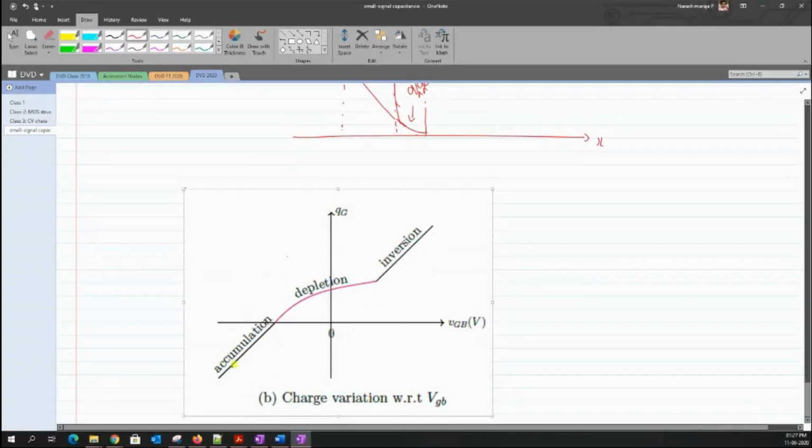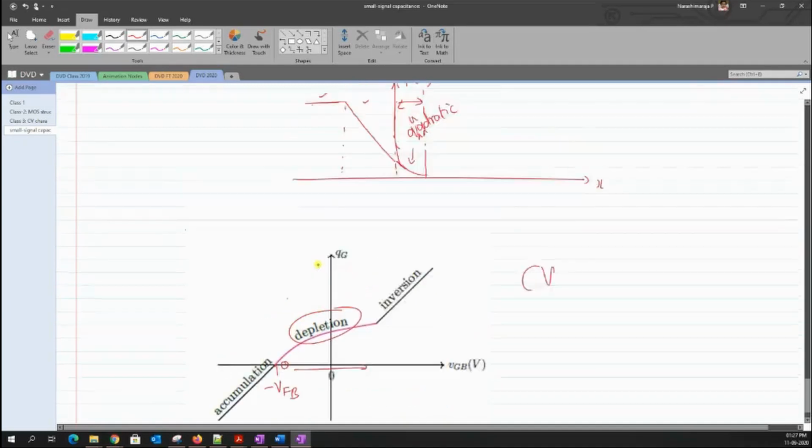Okay. So you could see that there is an accumulation, and the region that separates between these two segments is what is termed as minus VFB, okay, at which I don't have any charge because this is the y-axis of my charge, and this y-axis generally turns out to be a 0 value, okay. So in this case, I don't have any charge across the gate, okay. And after then, I'm entering into the depletion region, okay. But because my VG is taken in terms of a linear axis, this particular Q takes up the quadratic relation, okay. So that when you try to plot it in terms of CV, it appears something like this, okay.